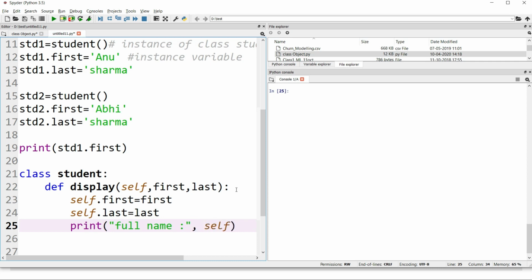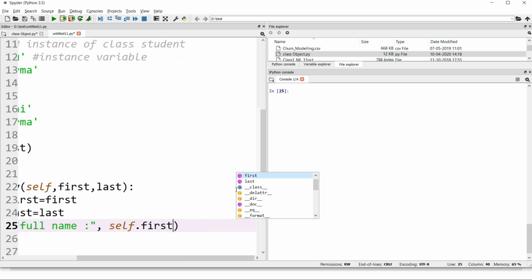What is the full name? That is the first name of the object. If you want to apply a space, you can apply space, and then self.last.